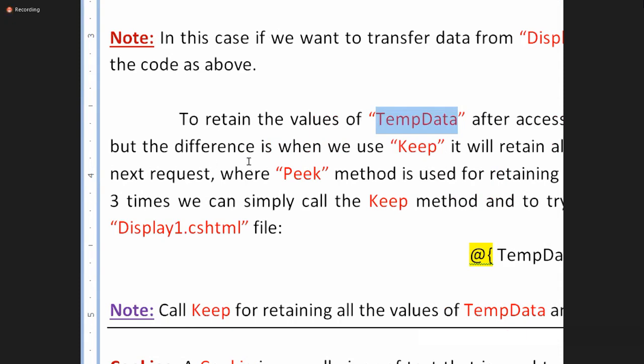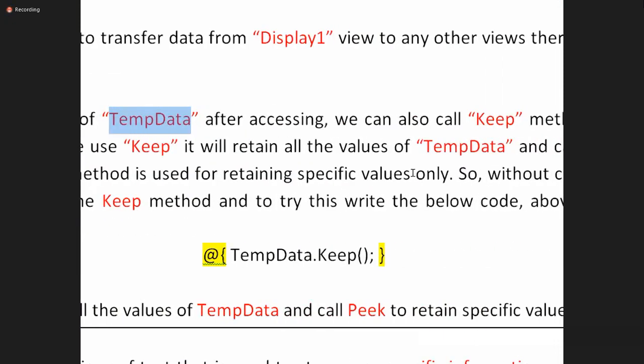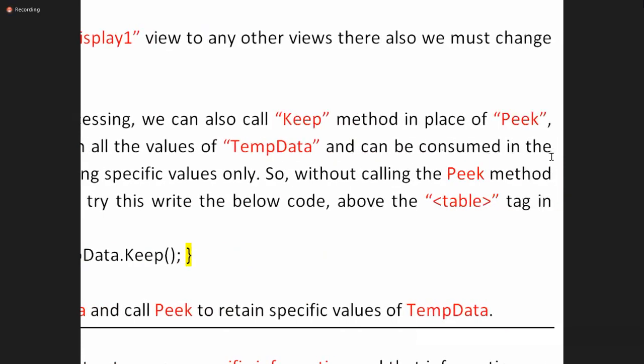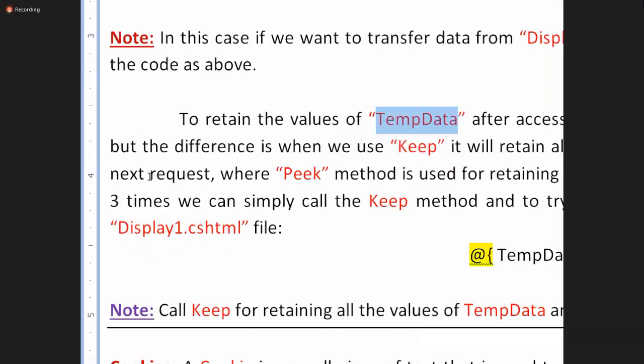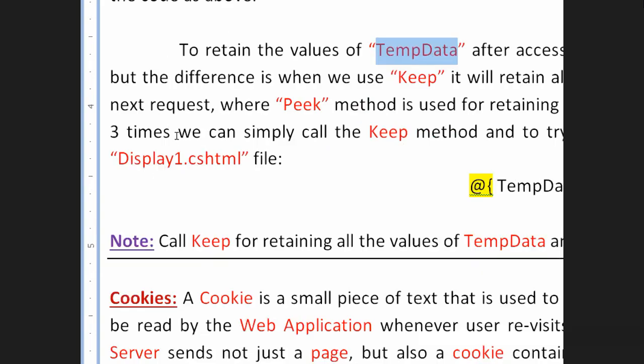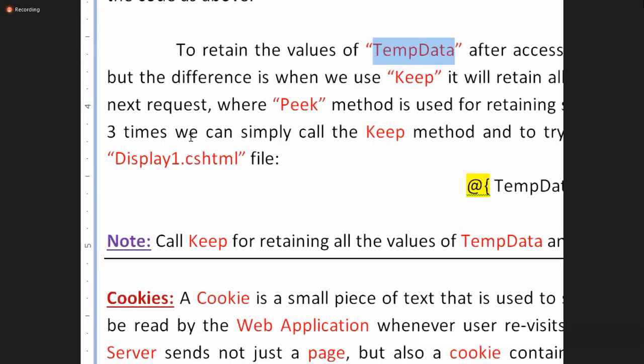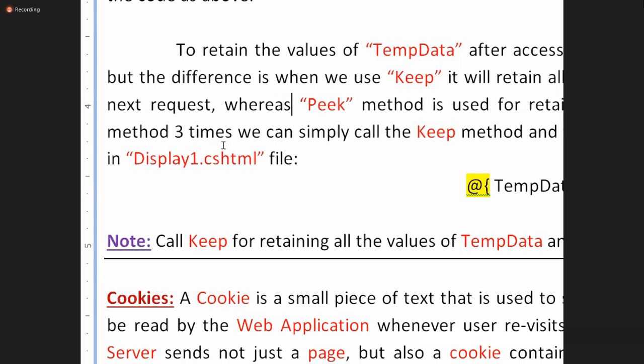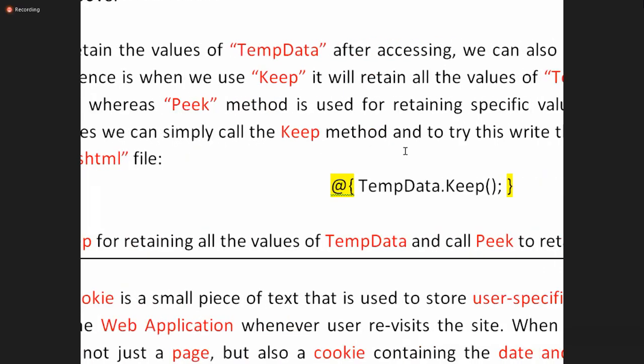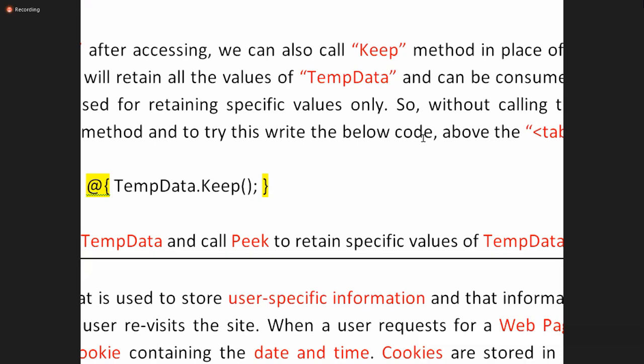But the difference is that when we use keep, it will retain all values of TempData and they can be consumed in the next request, whereas the peek method is used for retaining specific values only.